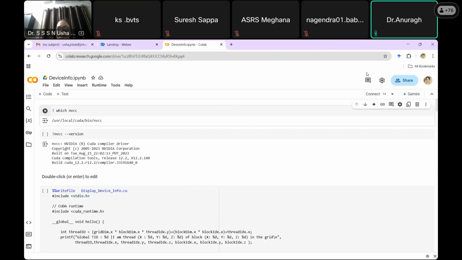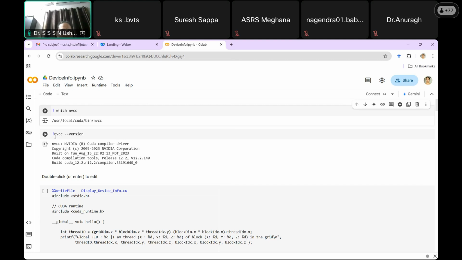Okay, that's the theory part I told you, but actually, observe this one. You can connect to your Google Colab account and simply change the name here. NVCC is a compiler, a C compiler actually. So just check whether it is present or not. The command is exclamation mark which nvcc. Just check whether NVCC is available or not. Of course, it will be available, because whether it is your account or my account, Google Colab maintains the same NVCC. So there will not be an issue for NVCC.